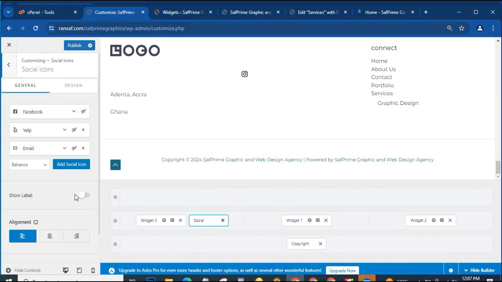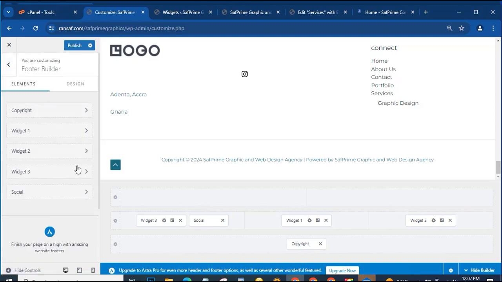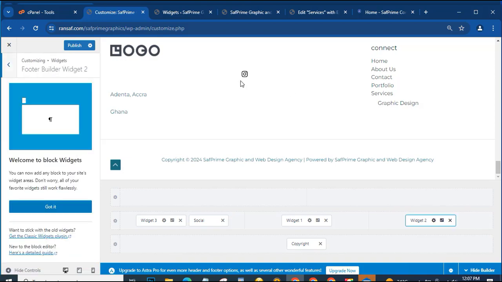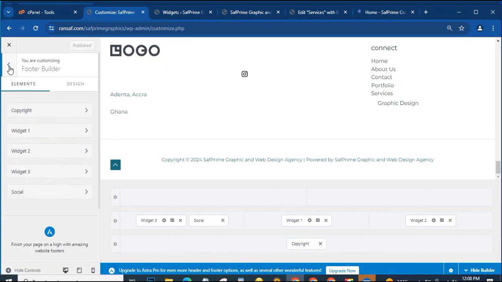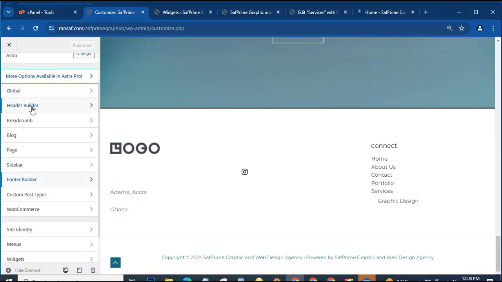So we have the social, we don't want to see it. We have the widget 2, which is the one we edited over there, and 3. Copyright, I've explained that the point is there. So here too, you can put a link. Okay, so let's assume that site title, we want to put a link here. You just select the particular, you see, copyright, then you put the link there, so that when you click on it and the people go to the website, it will give them the options. When they put the mouse on it, it will change like this one, and then they are good to go to where you want them to go